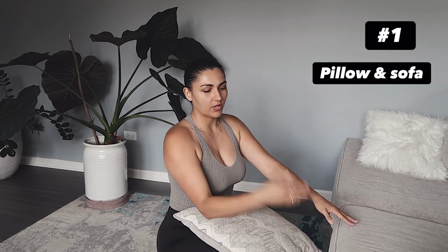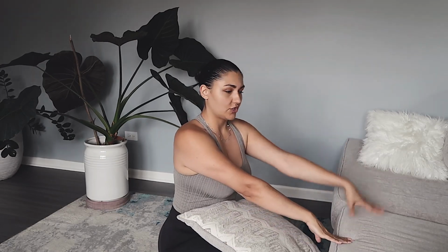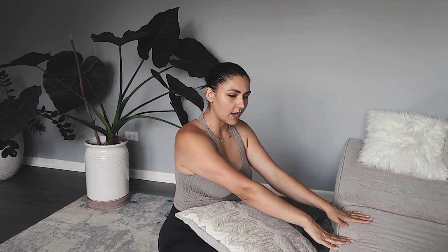The first thing I did was grab a pillow, because I tried to do it without the pillow and my head was hurting so bad. I just couldn't do it at all. Next thing, I chose a sofa. You can do it by the wall as well, whatever is more comfortable, but for the sofa, I feel like it gave me more control to learn how to balance myself,